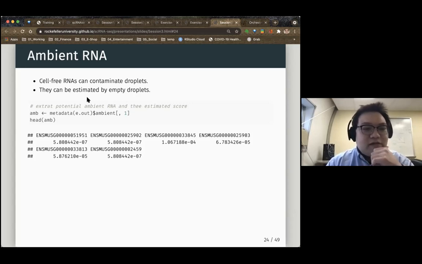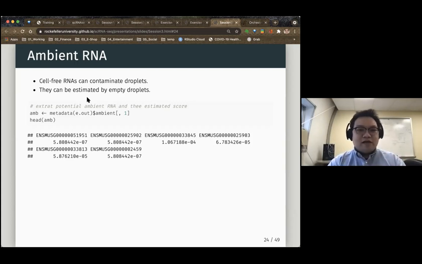The ambient RNA means the cell-free RNA contaminating the droplet. It might be because one cell is ruptured when we are separating the cells, and its RNA is falsely included in the droplet, so we will detect this